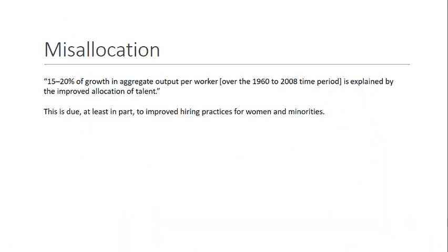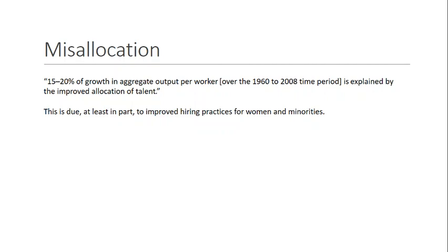So the last is misallocations. This is basically an opposite of knowledge, right? If we do things poorly or silly, take resources and put them in bad places, this is going to hurt productivity, right? So the combination of misallocation and ideas together,